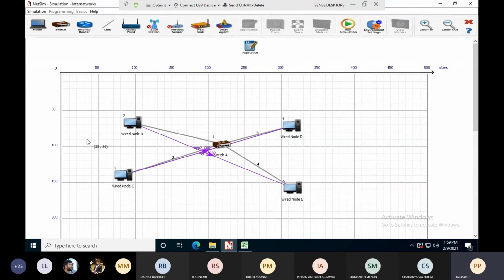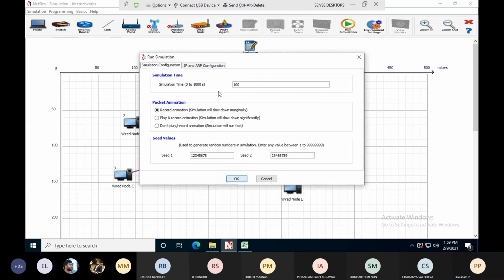See here, I have created the same environment, I have defined the same applications which I already did for the hub. Now click run simulation. Simulation time, I have simulated and verified throughput with 10 seconds. So I am clicking 10. Okay.